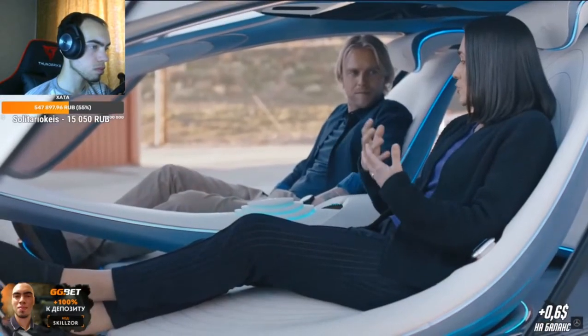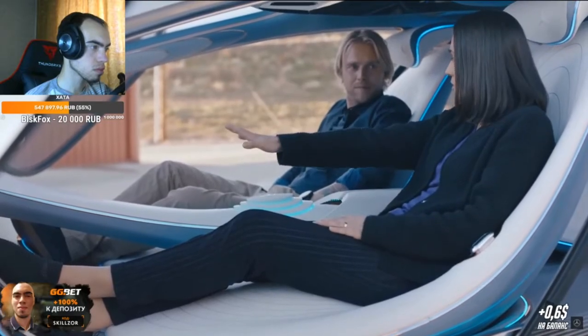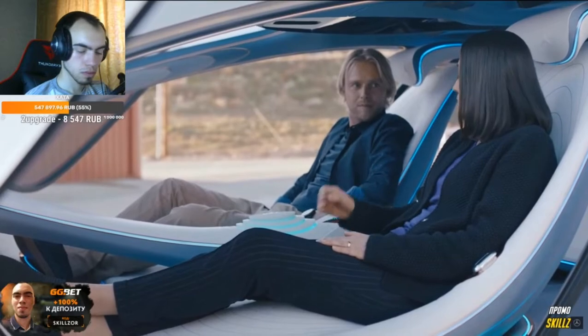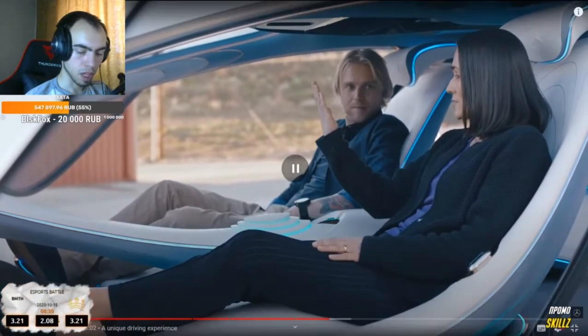And now we are connected to the system. So normally you as a human, you approach the car. You steer the steering wheel, you touch a screen, you issue a command. But we did it very differently in the Vision AVTR. In the Vision AVTR, you lift your hand